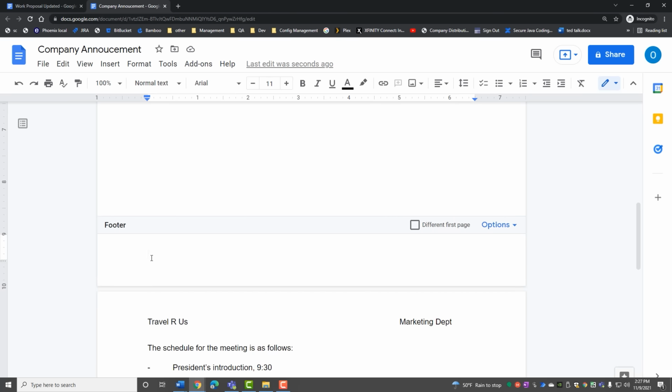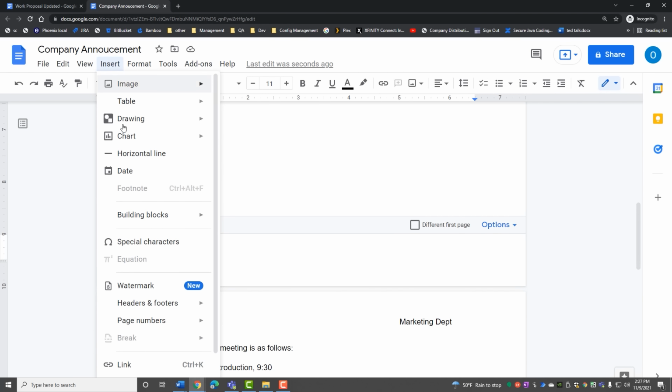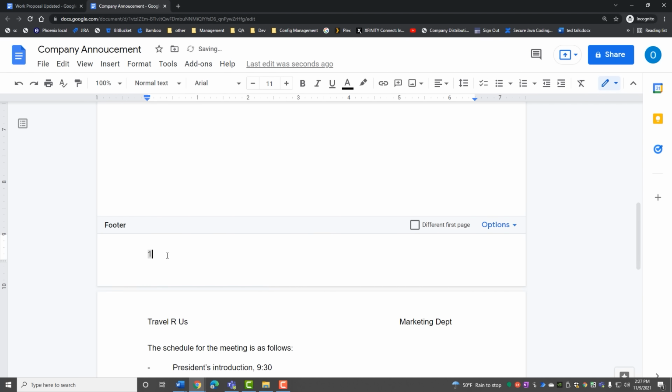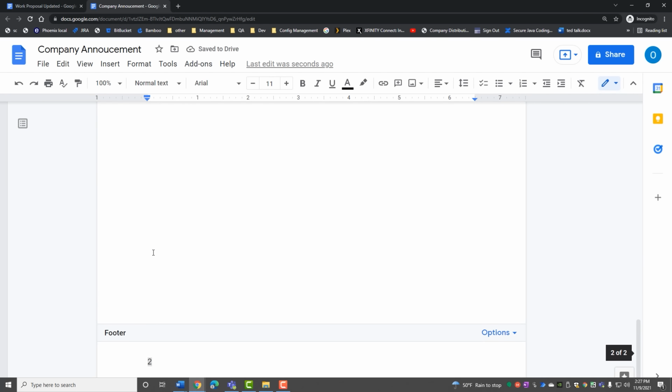Now in here, I'd like to put a page number. So this one requires me to go back up to the Insert drop-down menu again, and under Headers and Footers, you'll see that you have page numbers. In this box, it will show you that there are a few different options. You can have page numbers that appear at the top in the header, or not on the first page, or vice versa, down on the bottom. I'm going to go ahead and do mine on the bottom. And you'll notice that they're getting put in on the first page,